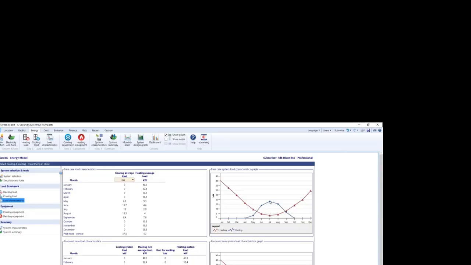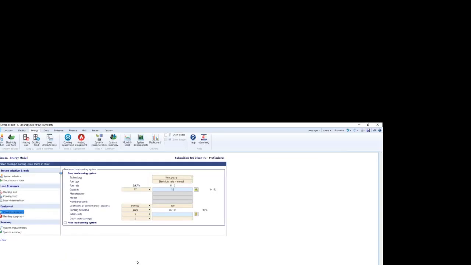But you have the ability then to look at an integrated solution in these situations. So there's your monthly heating and cooling load. And then you can specify the cooling equipment, which in this case will be the heat pump and its capacity. And we specify its capacity, but also its performance. So here we say it's got an efficiency of 400%, which is